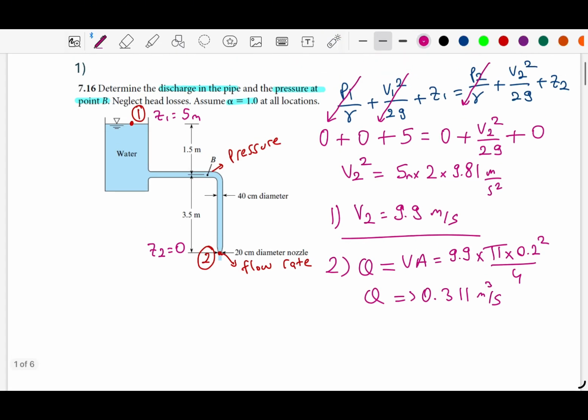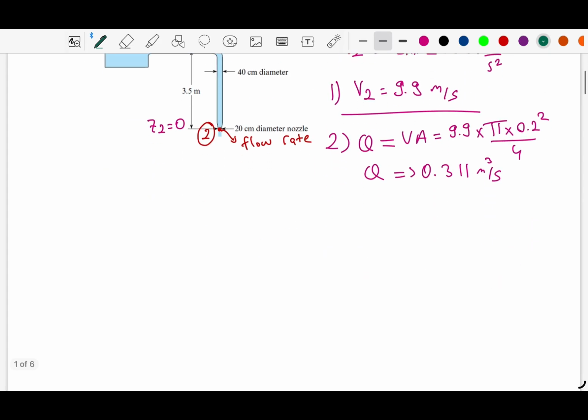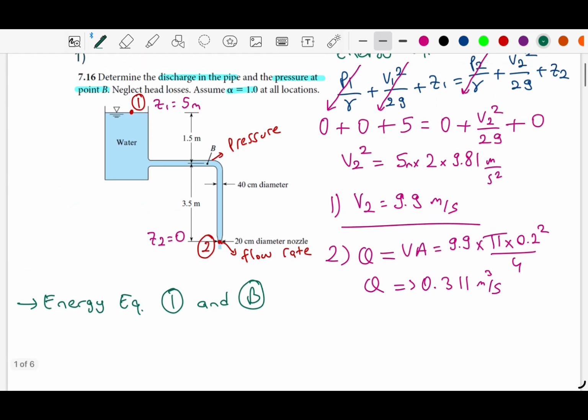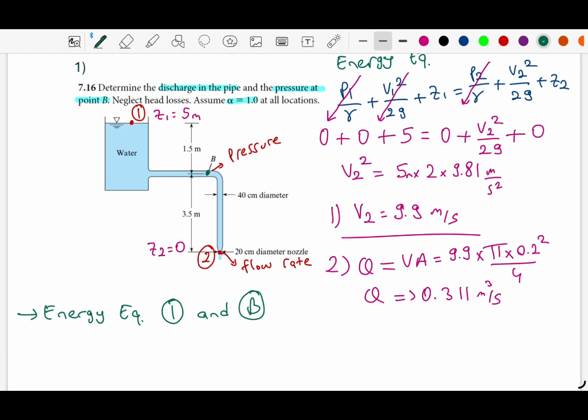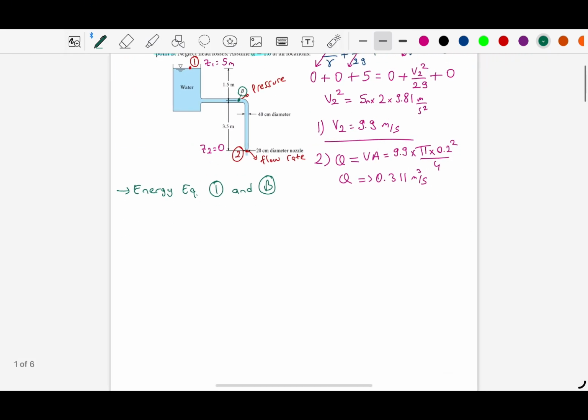And now let's look at the second question, which is the pressure at point B. To do that, this time we can create another energy equation. This time it will be between the surface and point B. So let's say point B is here. If you write it again,